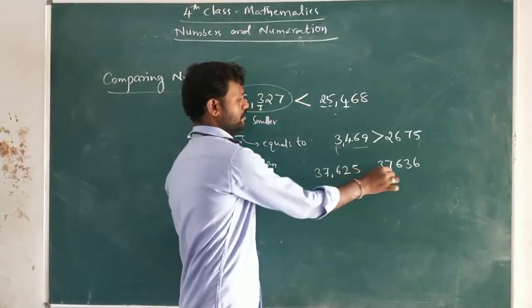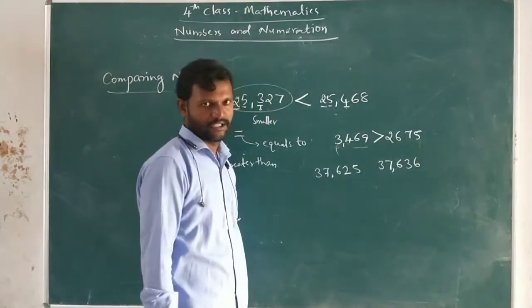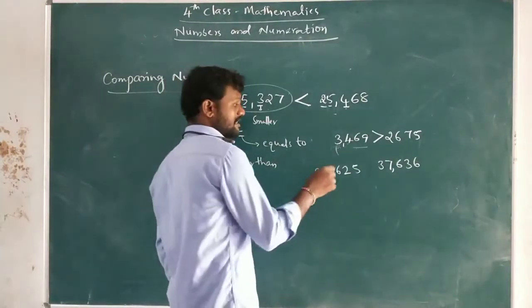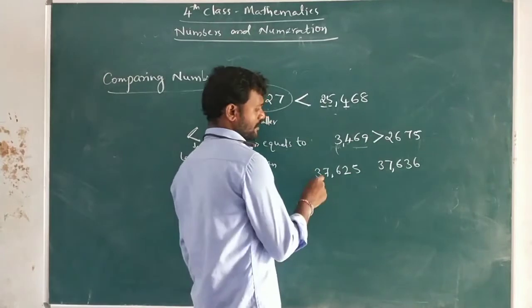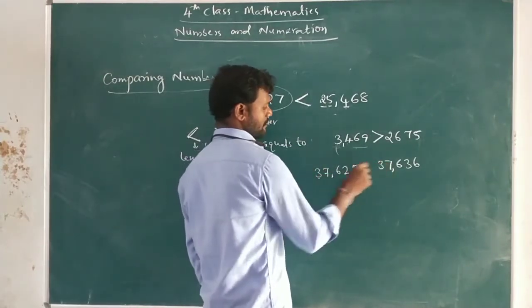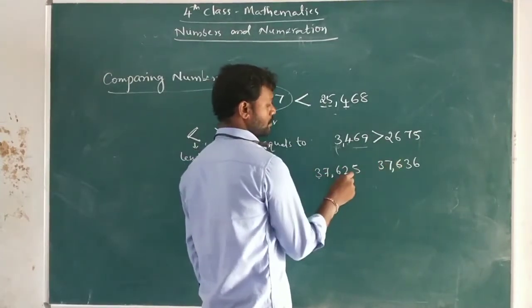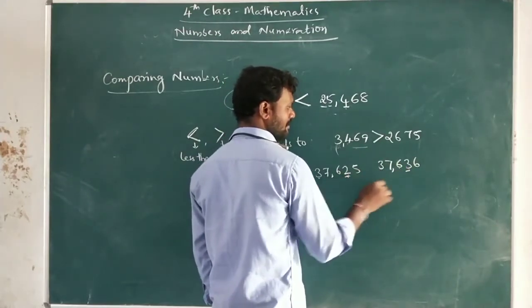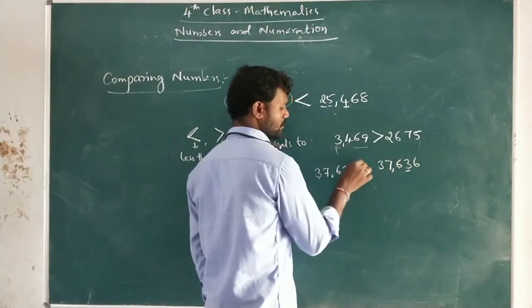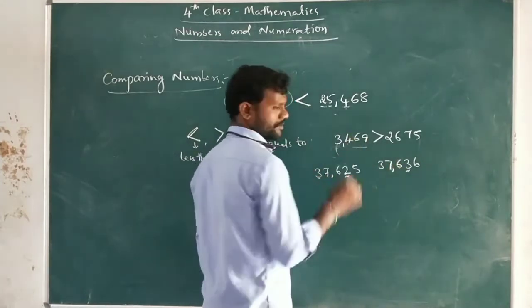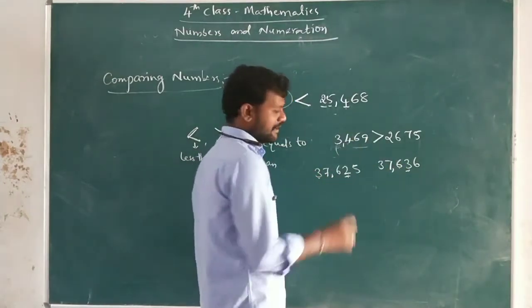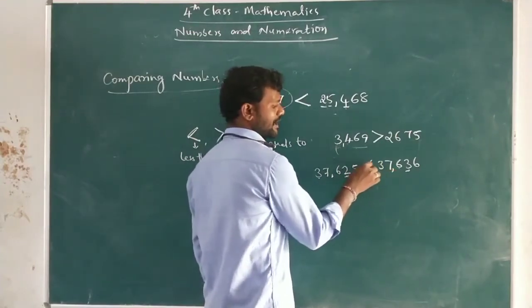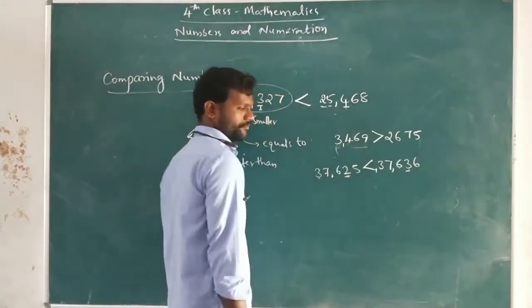Okay, where we have to place a comma after 37. Now, what symbol do you have to use? Which is bigger in both of them? 3, 3, 7, 7, 6, 6, 2, 3. At this number they are different. 2, 3. 2 is smaller, so this number is smaller than this one. Okay, it is smaller, so the bigger number is this. What I said, the two ends go towards the bigger number only.